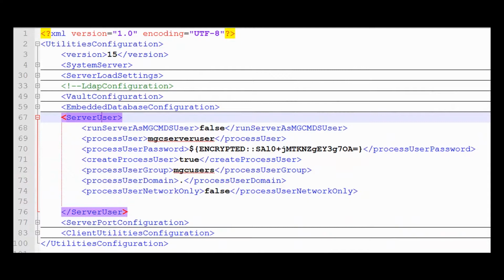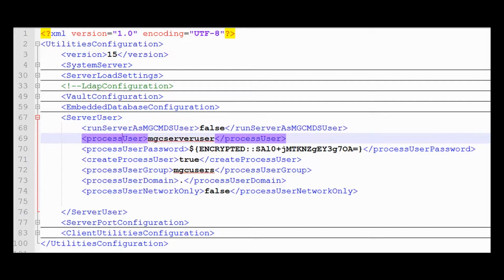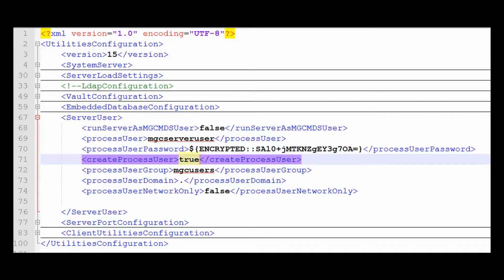Let's see how it looks in the input XML file. I open the server user section. By setting the run server as MGC MDS user to false, you are now able to define a different user to run the XDM server. By default, we use MGC server user, but you can define any other user by setting process user for the name of the user and process user password for the password. Moreover, if this is a new user, you can instruct the deployment utility to create this user by setting create